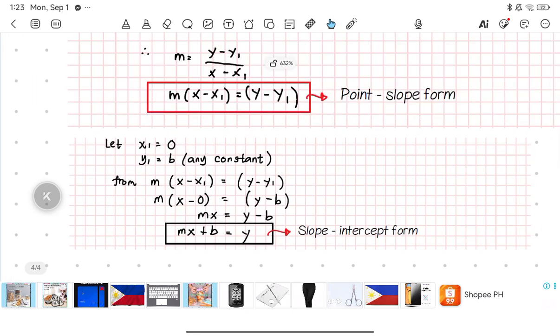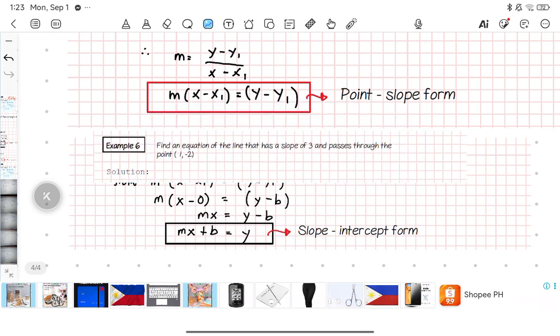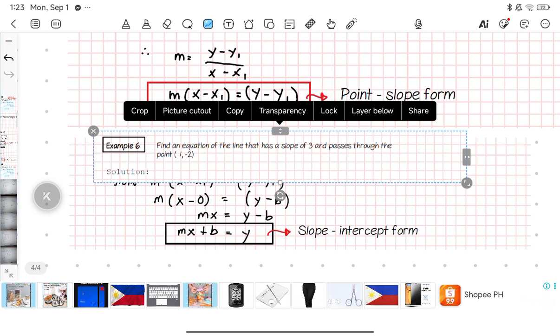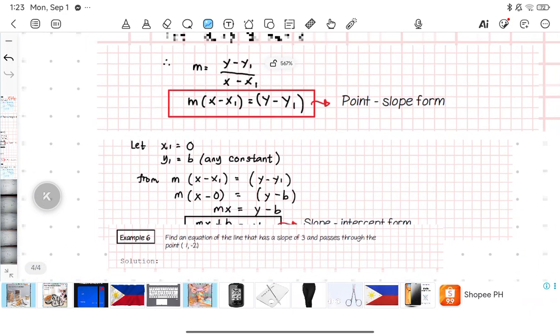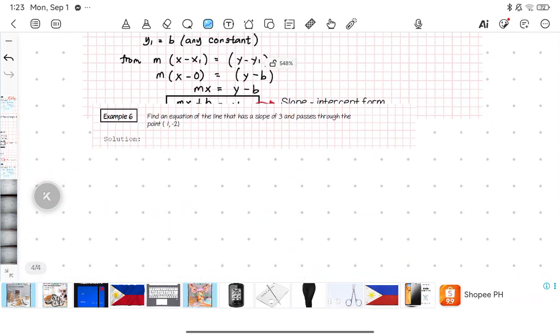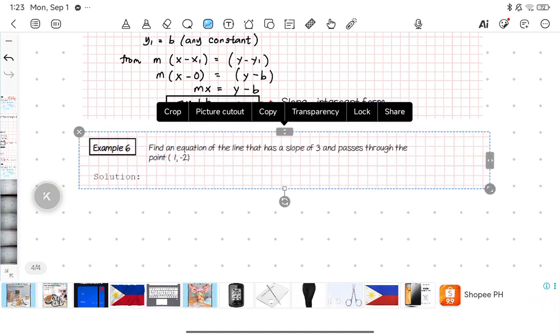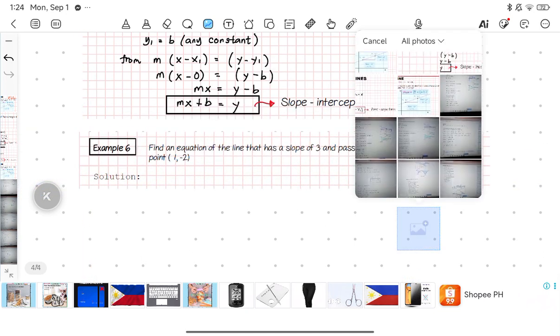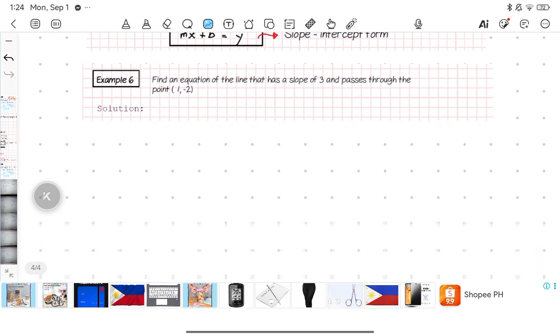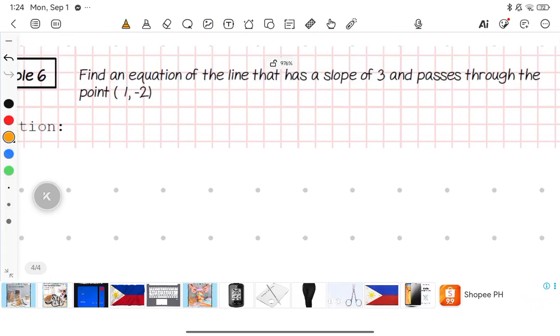So, those two are the main formulas that we will be using for our example number 6. Okay, wait lang. Bakit tayo mag-zoom? Ayan. So, for example 6, guys, sagutan natin siya para matapos na. Find an equation of the line that has a slope of 3 and passes through points 1 and negative 2. Okay. So, if we have here,